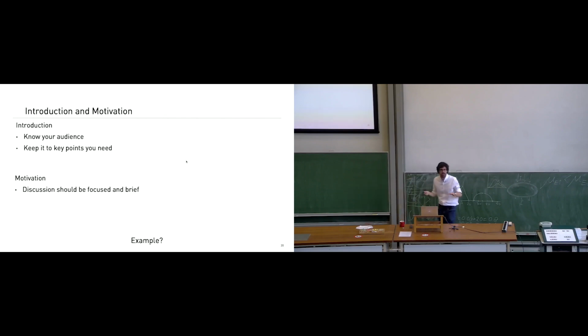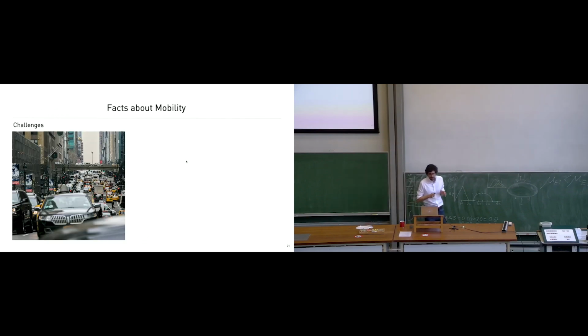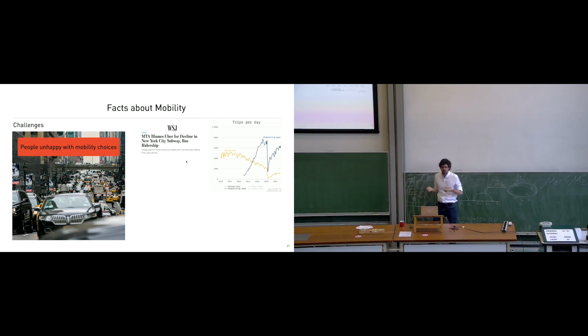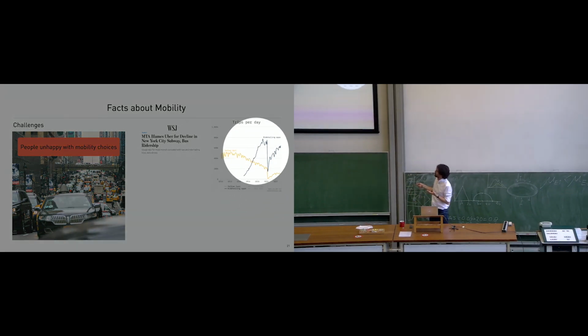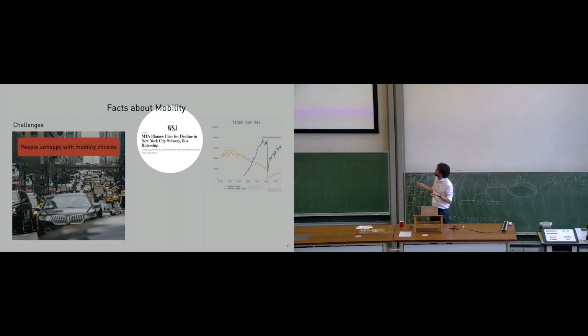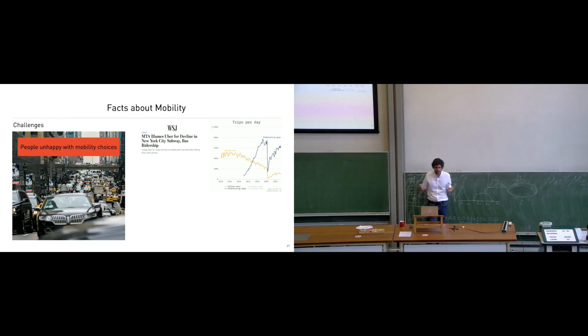I work on mobility mostly, and this is how I start the presentation if I'm giving an overview talk of our research in mobility. I start with the challenge. So mobility systems have been currently facing significant issues in the past decades. People are not very happy with mobility choices, and this can be seen in transportation network companies exploding whenever they touch the market, like Uber and Lyft, and also stealing customers from public transit.